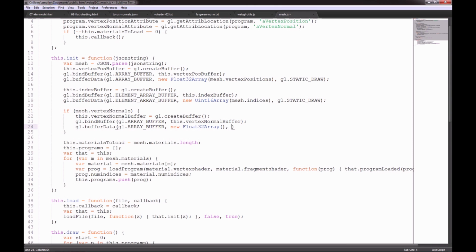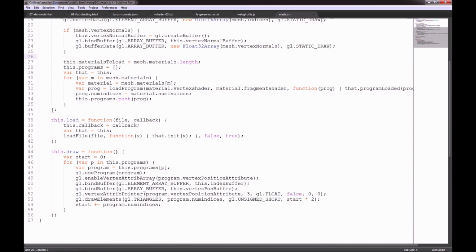So float 32 array as well, and static draw, and the actual data to put in that array is called mesh vertex normals. Okay,